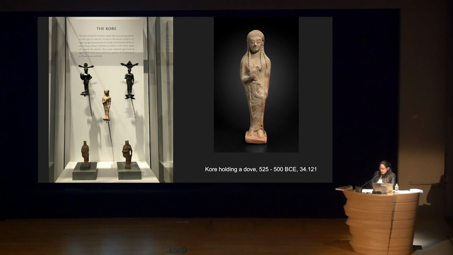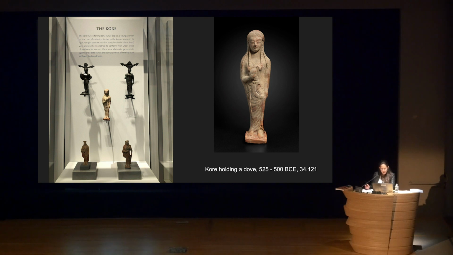The selection and arrangement of objects demonstrate how the types were used flexibly for votive and funerary purposes, and how a range of media made them affordable to less affluent consumers, terracotta, for example. So too, regional differences in the approach to korai are apparent when seeing the East Greek and mainland examples side by side. And I haven't quite shown them to you side by side because I wanted to help you understand